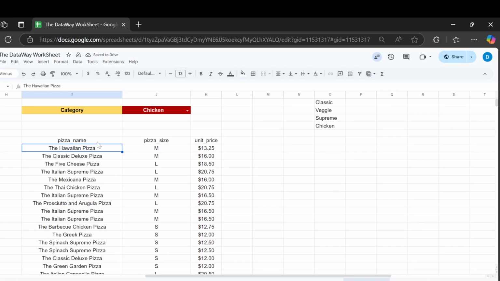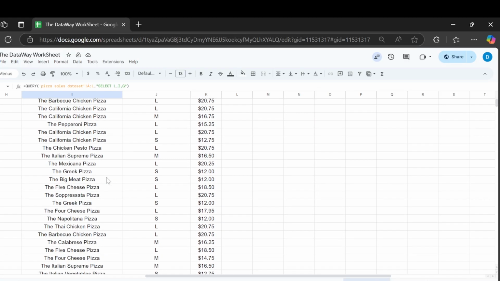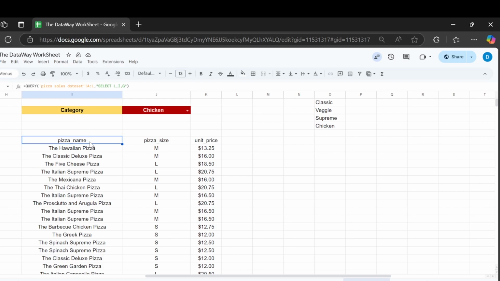Alright, so it's just selected the columns as is, just like SQL, right? You put a select and then you specify the columns. It's the same way we have done it using the query formula in Google Sheets. Alright. Okay, so now the one tweak that I want to make in this is I want to put a